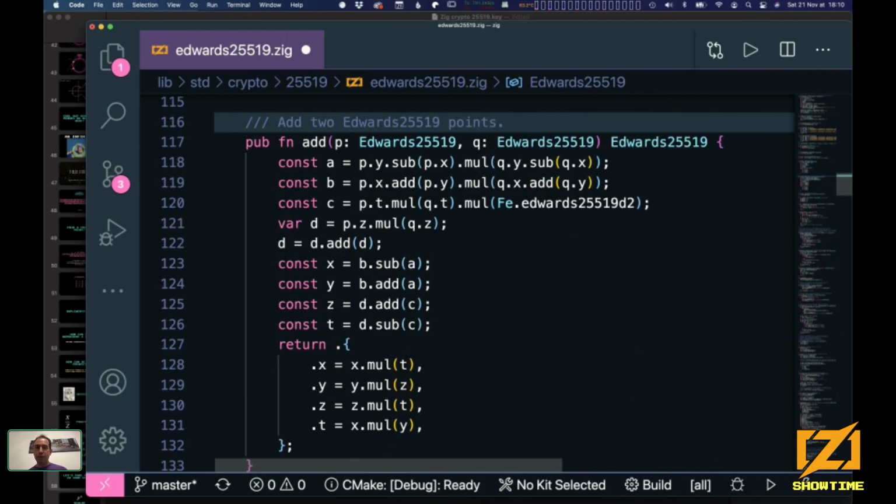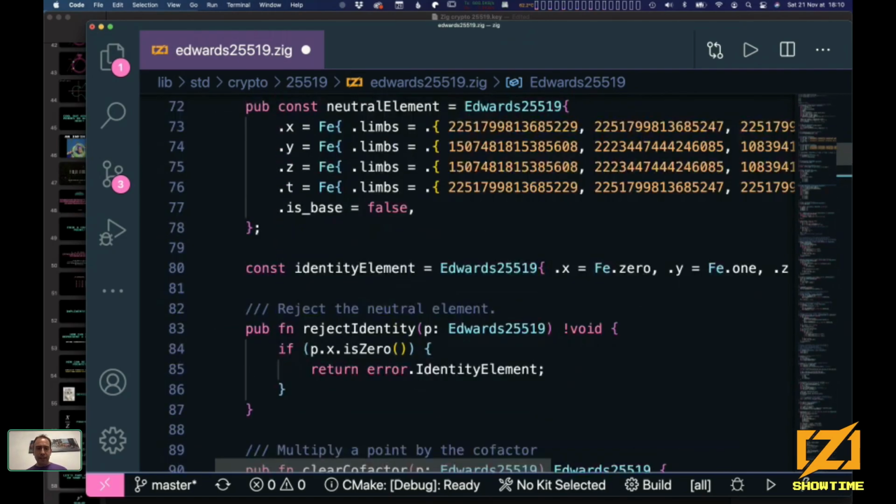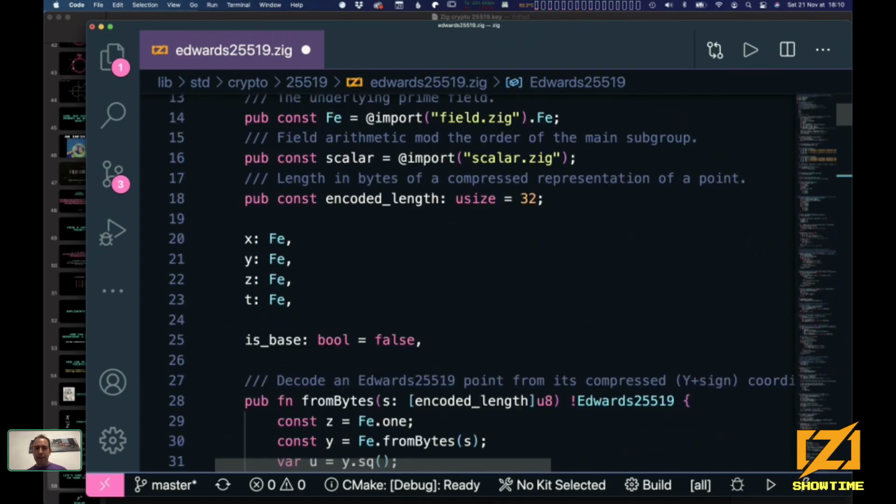And this is one of the formulas that you can find on the website before. And this is just a bunch of computations over the coordinates. Everything is mod p, but we have already written everything for that. So this is an addition. This is doubling. And you can see that a coordinate is just this, x, y, z, t.